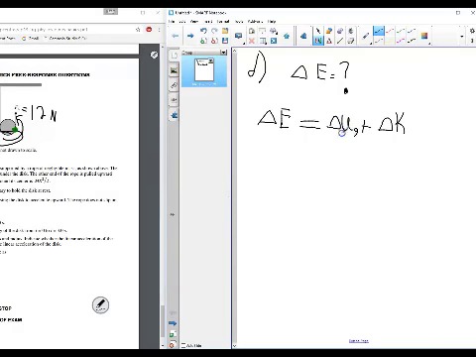I'm writing U sub G because that's just a variation of PE. You can call it PE. In fact, you can just do PE, delta PE. And K is just kinetic energy in total. The thing here, though, and I think this is pretty important to understand, is that